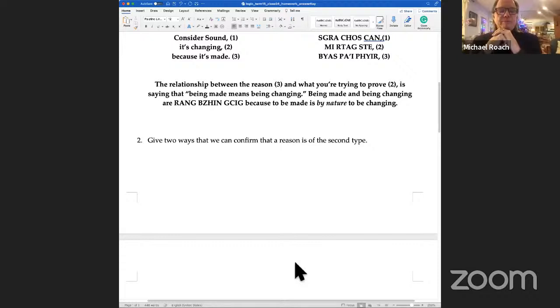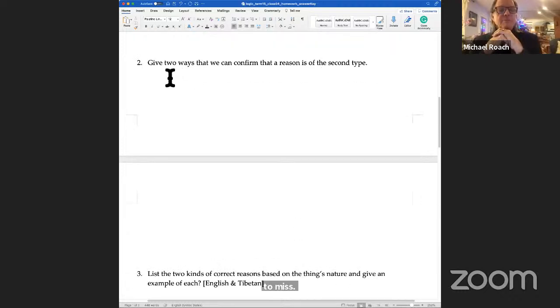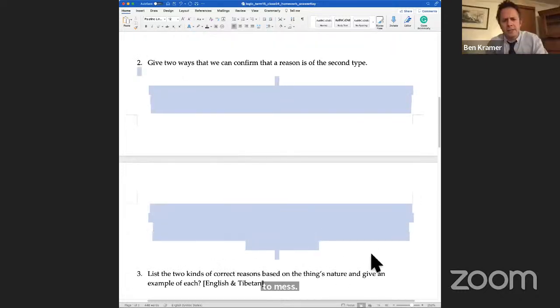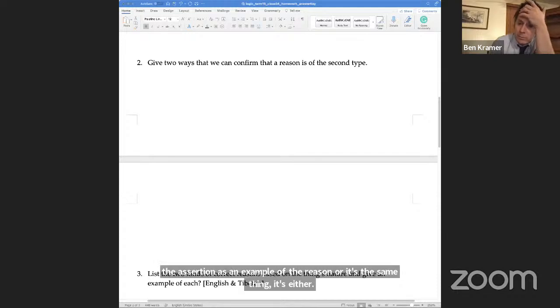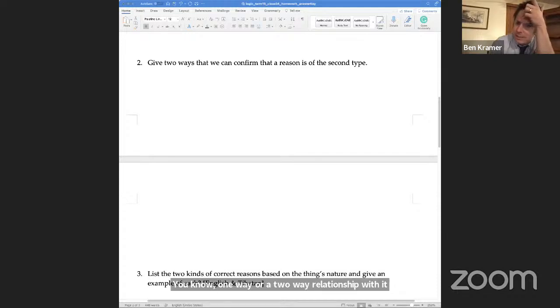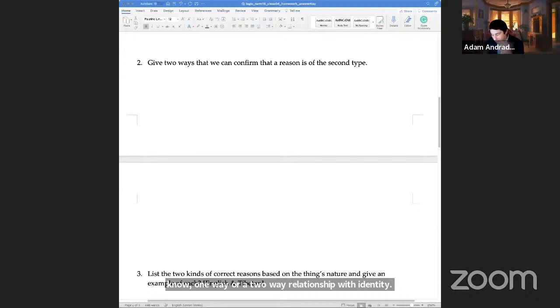Two ways. I guess either the assertion is an example of the reason, or it's the same thing. It's either a one-way or a two-way relationship of identity. Yeah, and that's